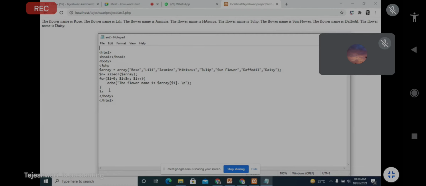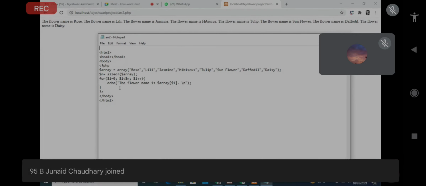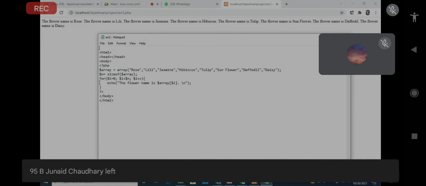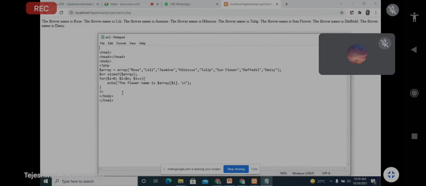Next, the for loop. We already discussed this for loop. In the for loop, I take care of the variable, the size of the array, that you mention here, because all the elements are stored in $array, and we first find out the size of that $array, which is stored in another variable, $n. Whatever comes in $n will be used in the for loop, because we have to check the condition against the size of the elements: rose, lily, jasmine, anything.